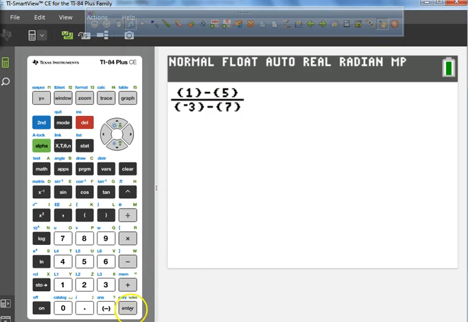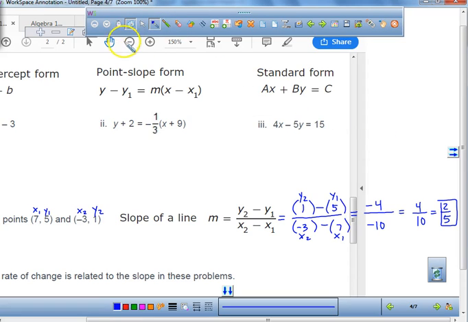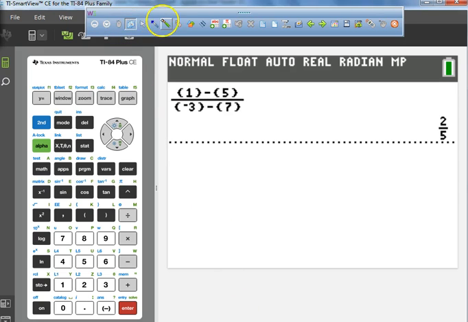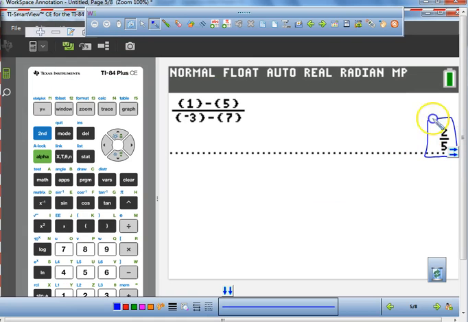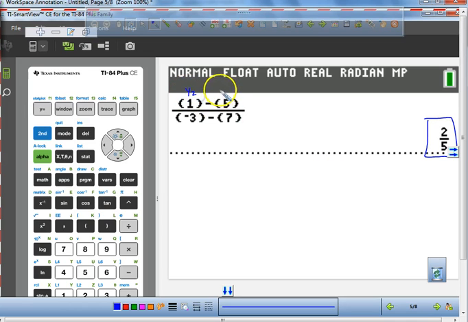Look what the calculator does for you. I'm going to press enter. You don't even have to do the math enter thing, do you? It's already done, completed, simplified. What does this represent? Y2. What does this represent? Y1. What does this represent? X2 and X1. Do parentheses matter? Yes, they do matter. But if you can remember how to do that, you can get all of these questions right if you just